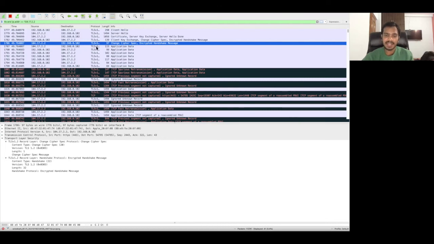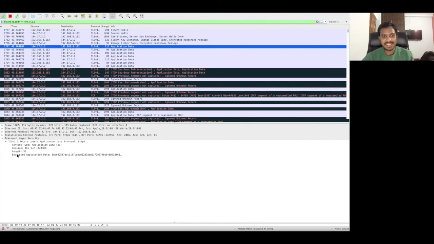That signifies that all the application data that is going is encrypted. If you click on this, you can see there is encrypted application data. You won't be able to see the data itself. You won't be able to make sense of this data because it is in encrypted form. And this is basically the secured form of communication, HTTPS. That's why this is very important. And both are communicating on TLS 1.2, if you see, the TLS 1.2 version.